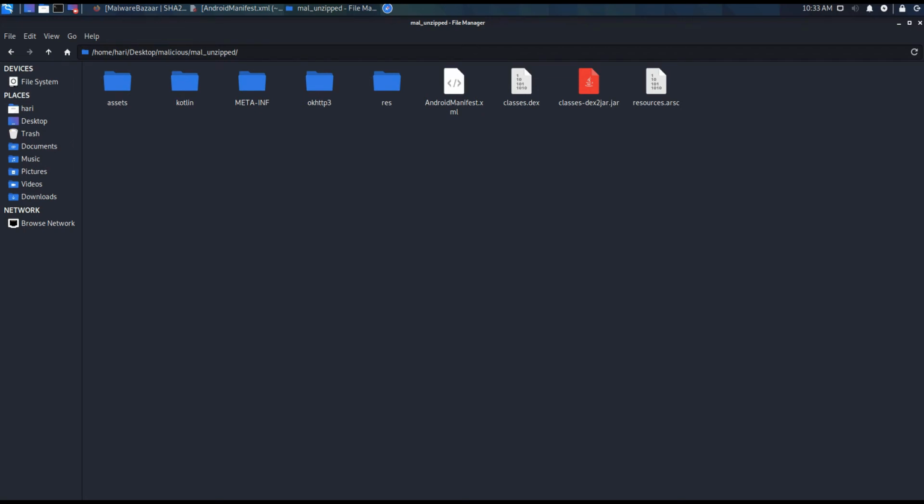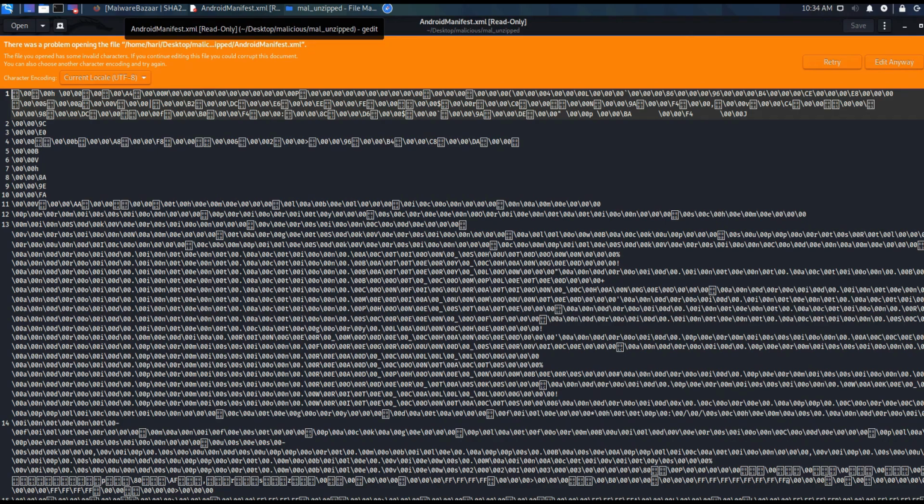I have opened the unzipped file. Let's wait until it opens. If you don't know how to install and how to use APK tool, Dex2Jar and JD-GUI, which we'll be using in this tutorial in order to perform the analysis, please watch the second video. And if you're very new to Android penetration testing, go with the first video. I suggest you watch the whole playlist so that you will get more knowledge, and it will be easy for you to understand the application.